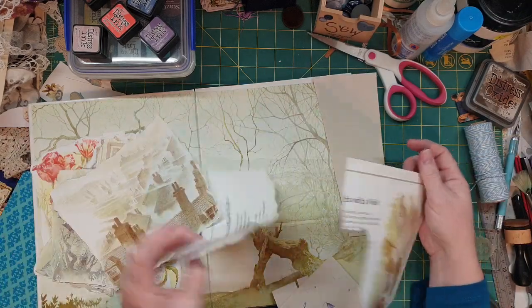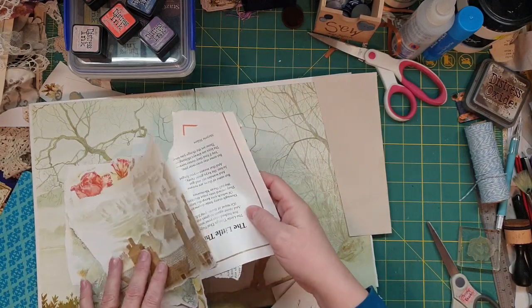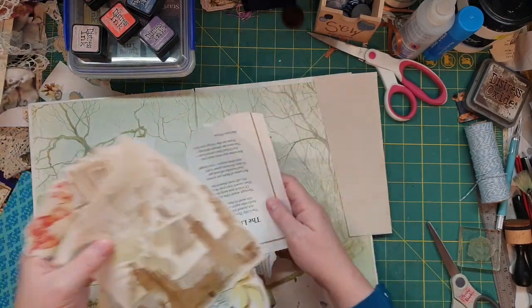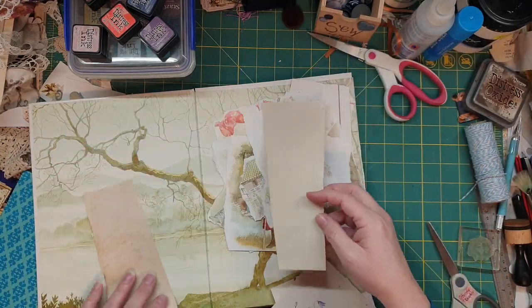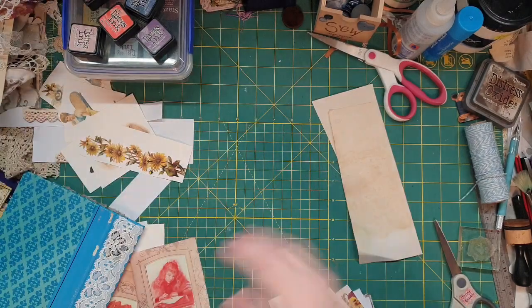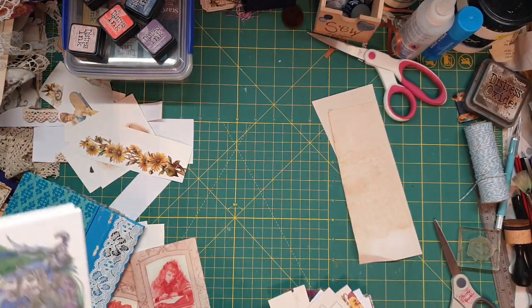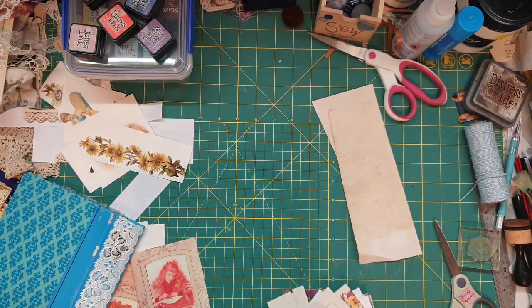But these were bits and pieces that went with it. So I've got some things pre-cut out. You can find little bits and pieces for collaging anywhere from your old books. I particularly like, I've got a couple of pages from this one too. Still may not use them, but